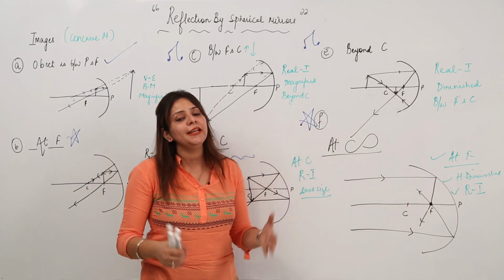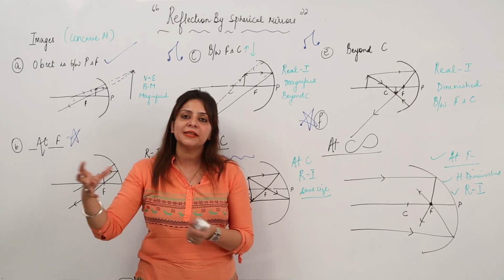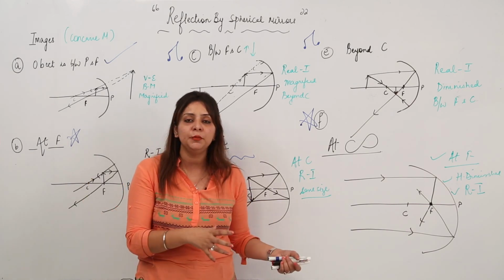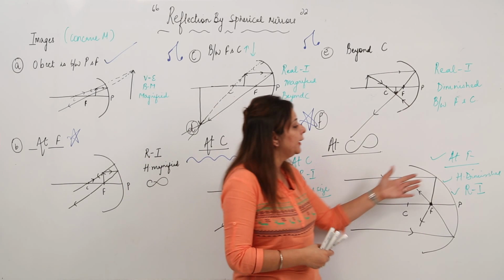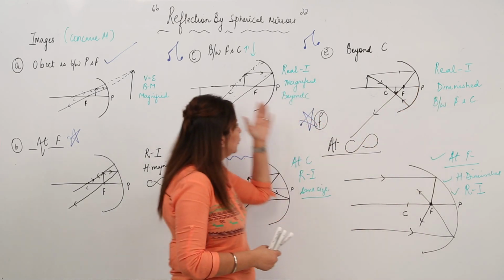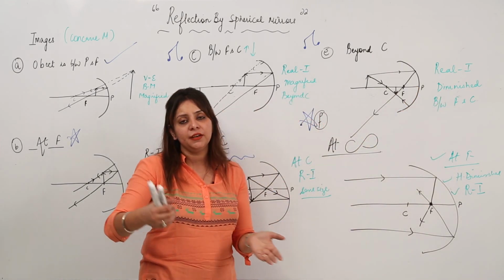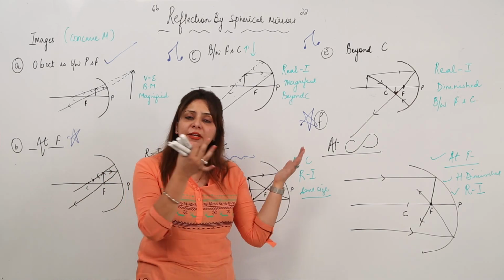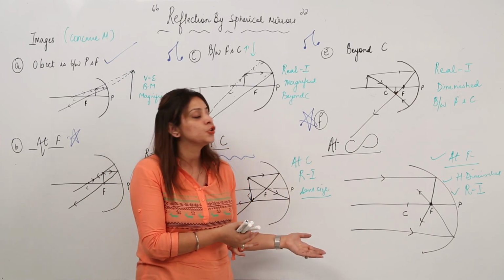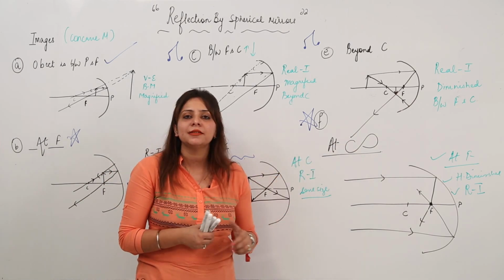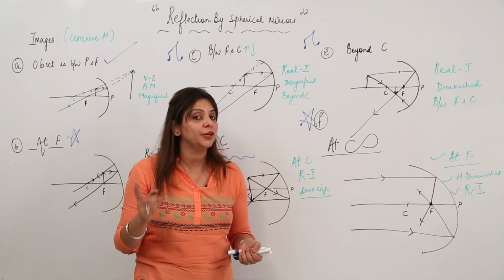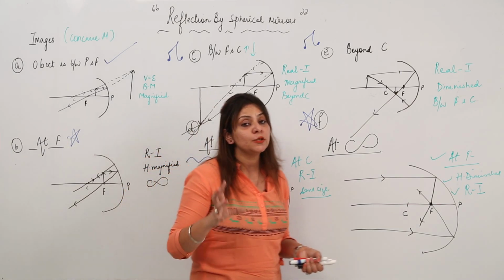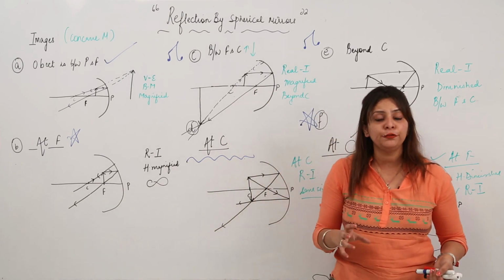So you will be getting a question like this, image formed is highly magnified, image formed is behind the mirror. So that means they will be just highlighting any 2 cases out of that. Maybe they are giving the position of the object, maybe they are giving the position of the image, or they are just giving the characteristics. So you have to be very tricky in that case. You need to locate what kind of ray diagram you have been asked for.